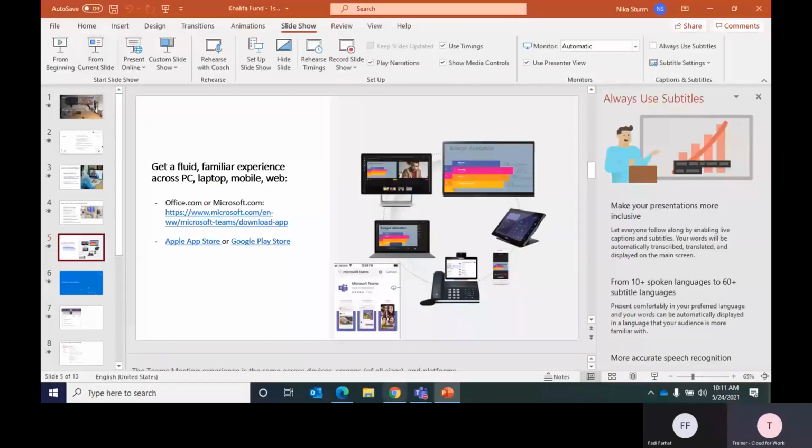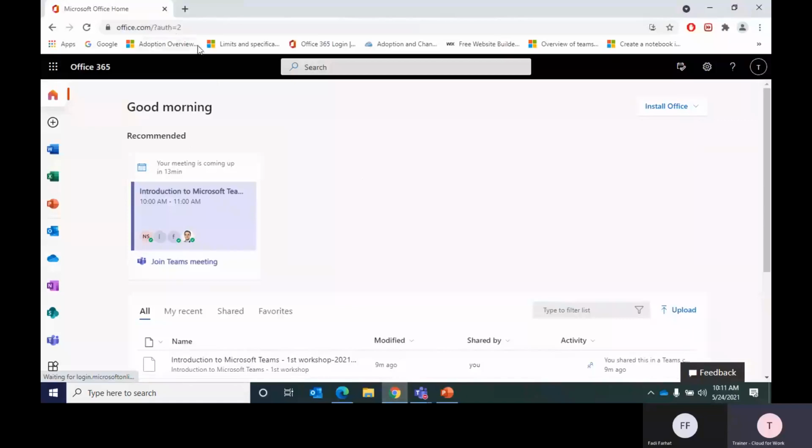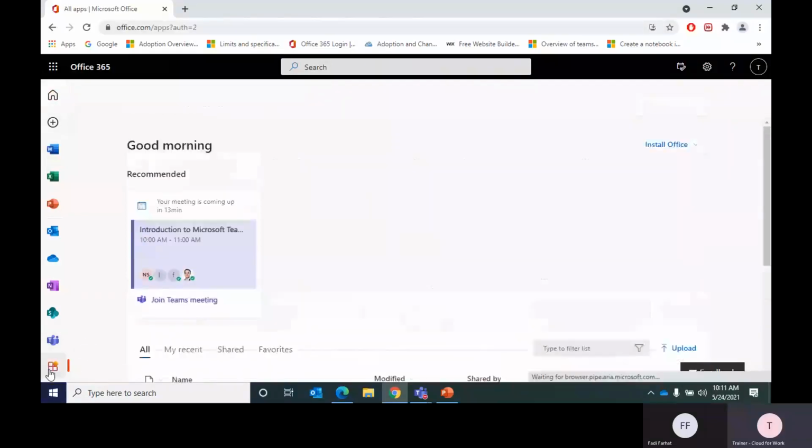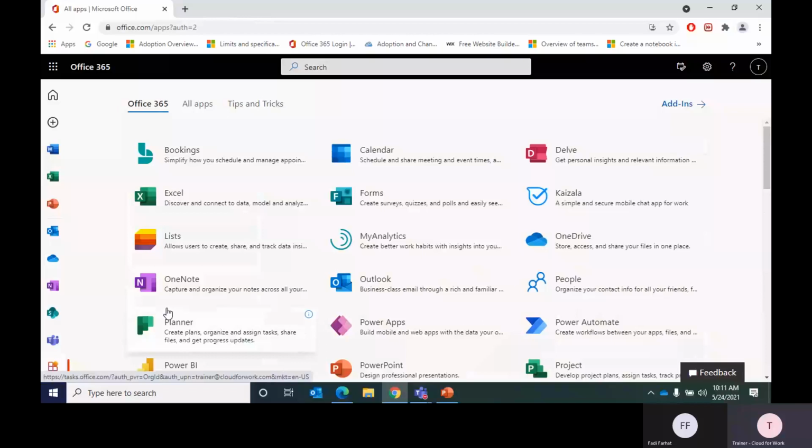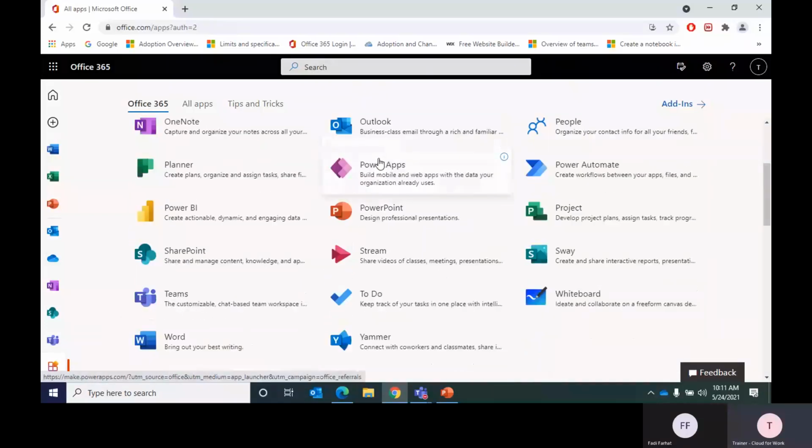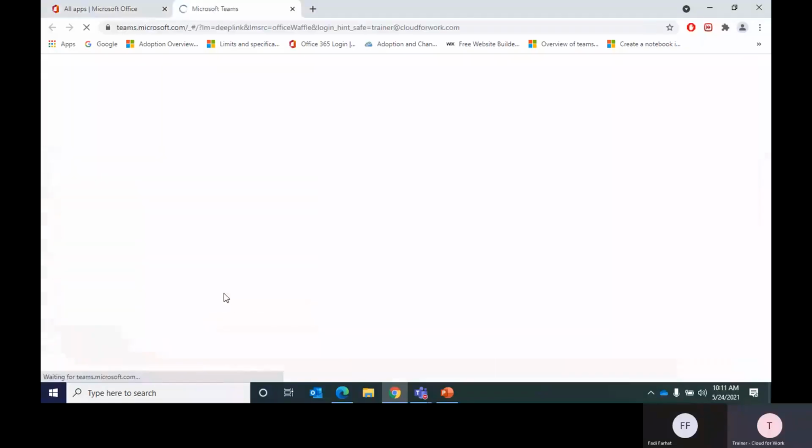I'm switching back to my browser. So as you can see, I'm on office.com. I'm logged in with my corporate email address and password. This means the email address and password that you use, for example, to access your Outlook. So I'm here, and from here I can see all different applications that belong to Microsoft 365 line of subscription, Office 365. As you can see, you're familiar with some of these applications. Some might not be so familiar to you, but obviously over here is Teams, and if I click on it,